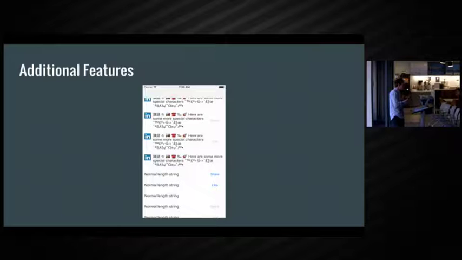There are some drawbacks to the library. The main one is that you can't test actual UI flows with it. It only validates the actual view. And as I said earlier, it doesn't actually add the view to the view hierarchy. It doesn't add it to the window. It doesn't require an application to be running. So you can't tap on buttons and push view controllers and stuff like that. It's really concentrated on the view itself.